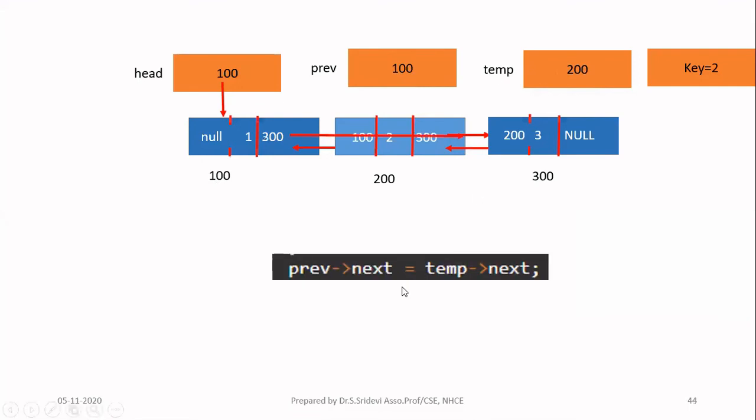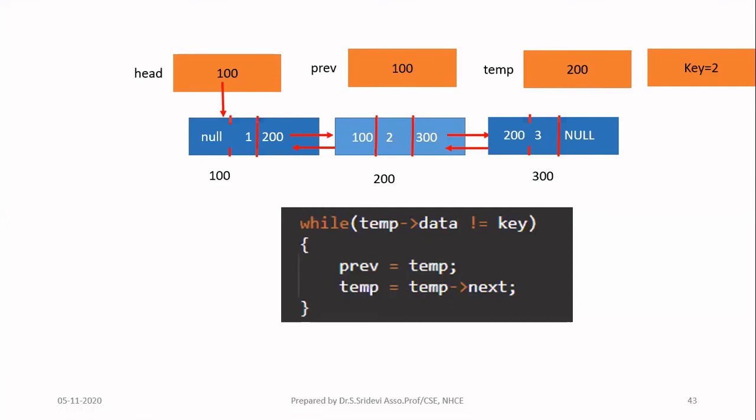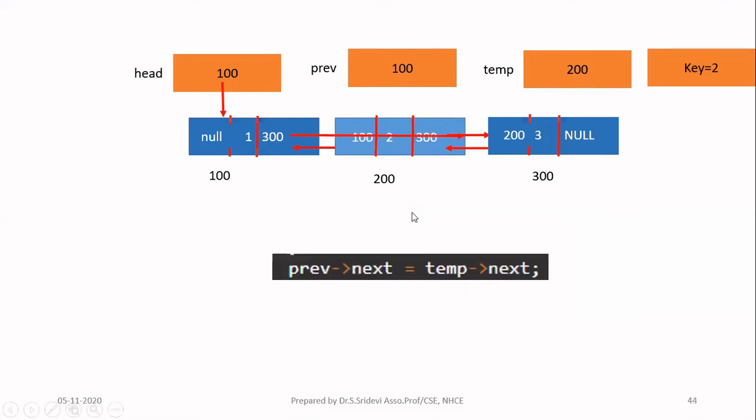So now what are the changes I have to do? You can see here, this node we are going to delete. Okay, so when you delete this node, there are so many pointer changes you have to consider. So let us see them one by one. First, I am going to make this pointer point to this node, because this I am going to delete. The center node I am going to delete. So how to do that?